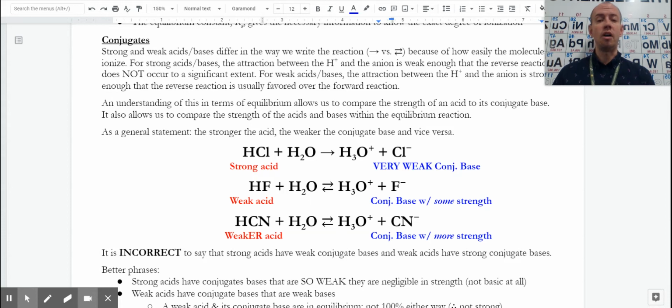So with our strong acids, any of our six, we would write it as a one-way arrow in terms of ionization, and we would turn into products and mostly or totally stay as products. Our weak acids would turn into products, some would turn back, and we'd have a significant amount of both, and probably more of our unionized acid than the ions they produce. This comes to the strength of the attraction between them and other trends and patterns, which we'll look at here